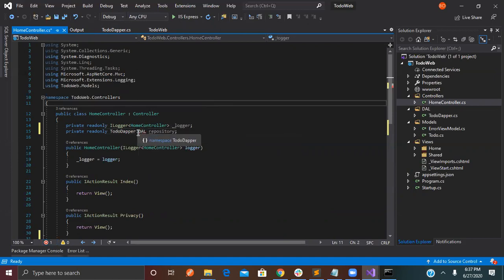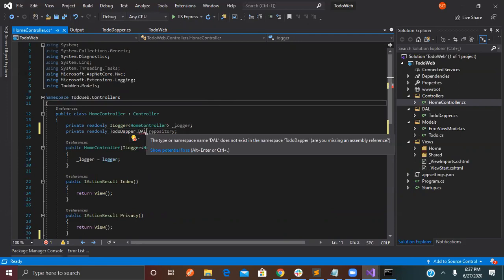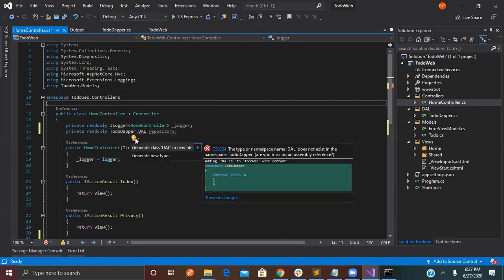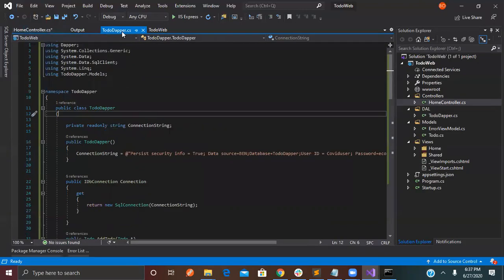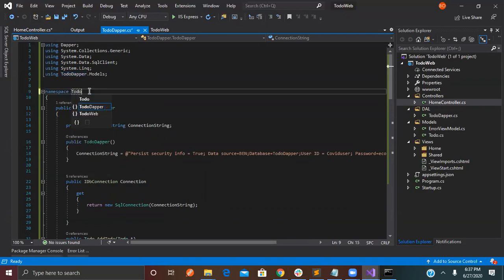No, you won't have it. Okay, so this is where the problem is. When you copy code, you need to be very careful about namespaces. So go back to your to-do DAPA. Just leave this. Go back to your to-do DAPA. So your namespace here should be to-do web. Start typing to-do web, to-do web dot